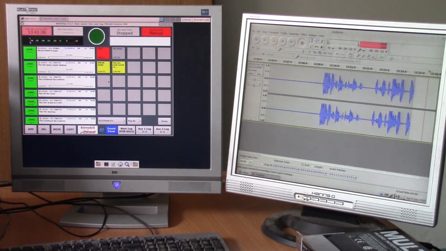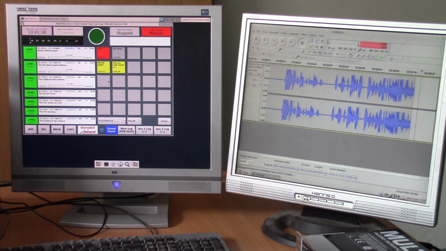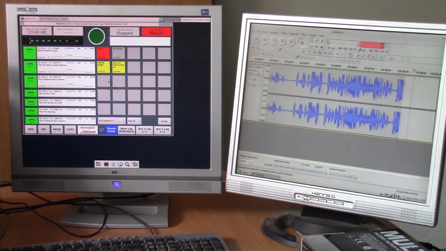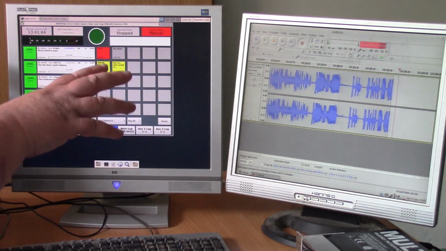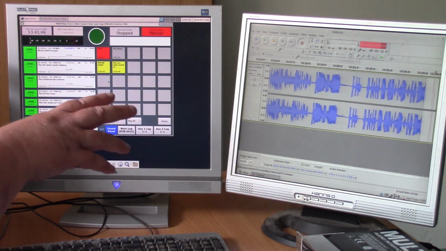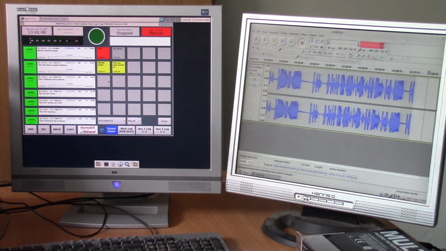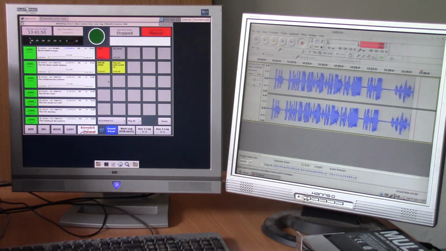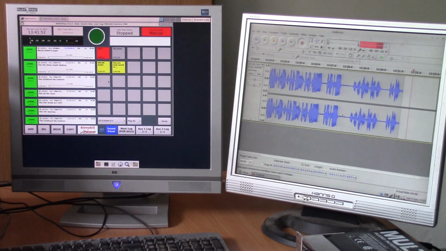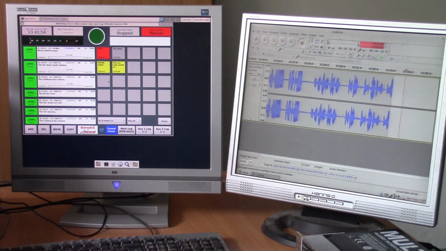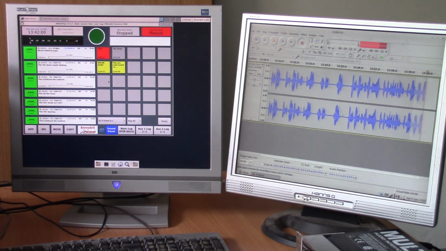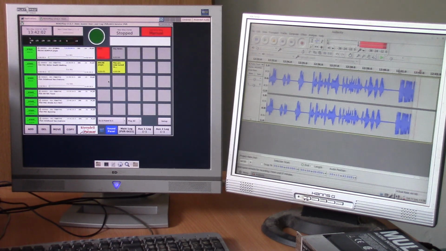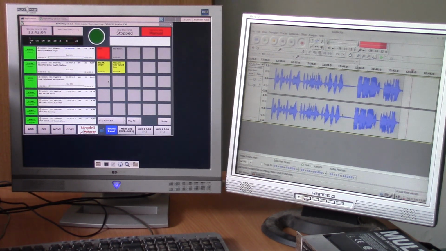But it's interesting, it won't get any louder than that, and this is where the limiter goes in. So if I really start to shout, it doesn't make any bigger peaks on it. You can see it stays exactly where it was before. And if I talk very quietly, it still brings the quiet bits up as well, like that. So that is basically what the compressor limiter does to try and keep the audio levels reasonably consistent